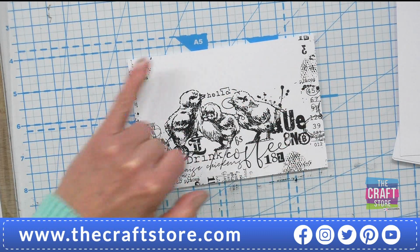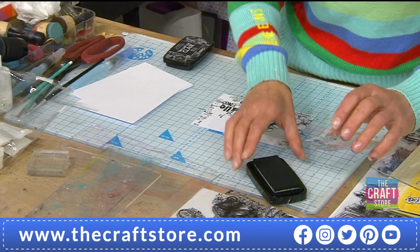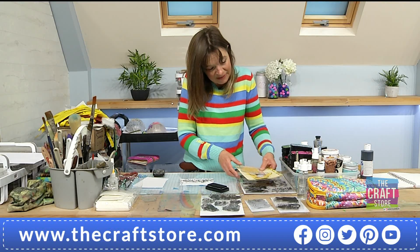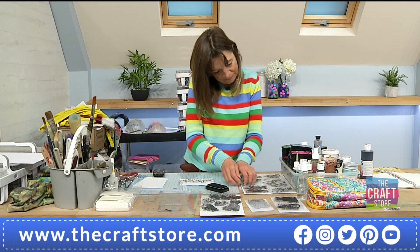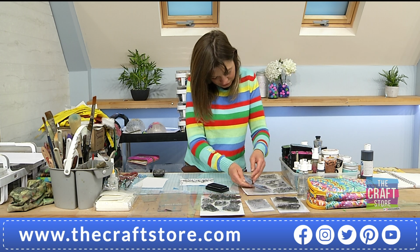Oh, shall I put some... maybe a little bit round the top. See, I'm not going to do that, she says, and then immediately changes my mind. Immediately. Let me just move my actual demonstration piece that I'd prepped, and now I'm ignoring. Because what I'm going to do is just take...